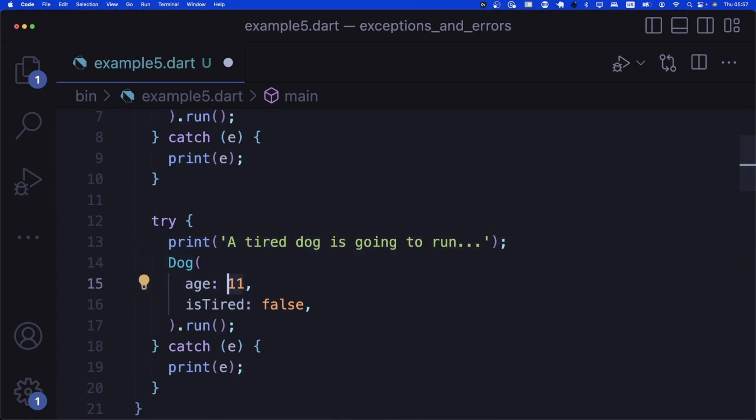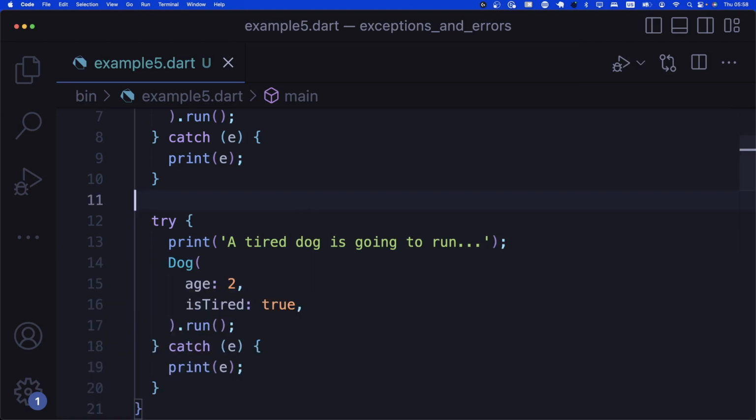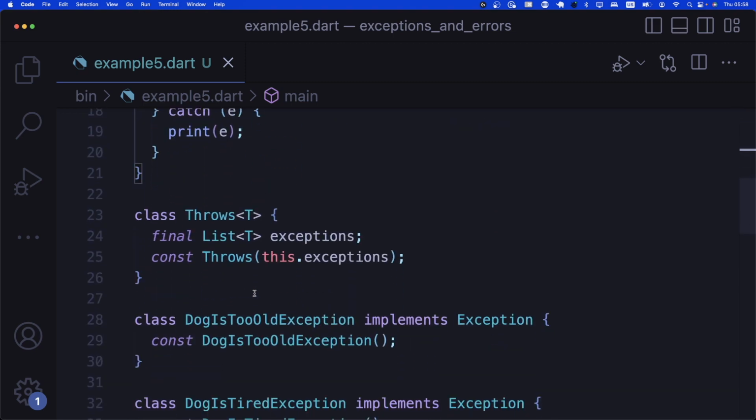And then we say age is perhaps 2, so it's just like a puppy. And then we say it is tired indeed. So make that dog run. What happens? Then we get an instance of dog is tired exception. All right. So what you learned from this example is that you can create your custom annotations, and then you